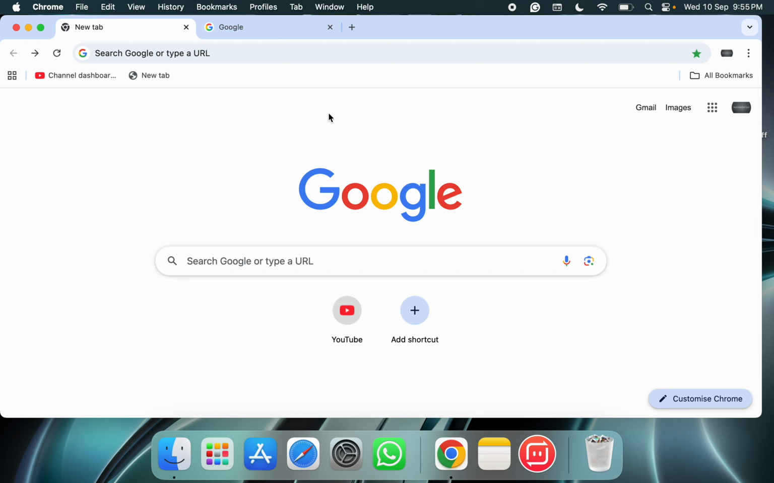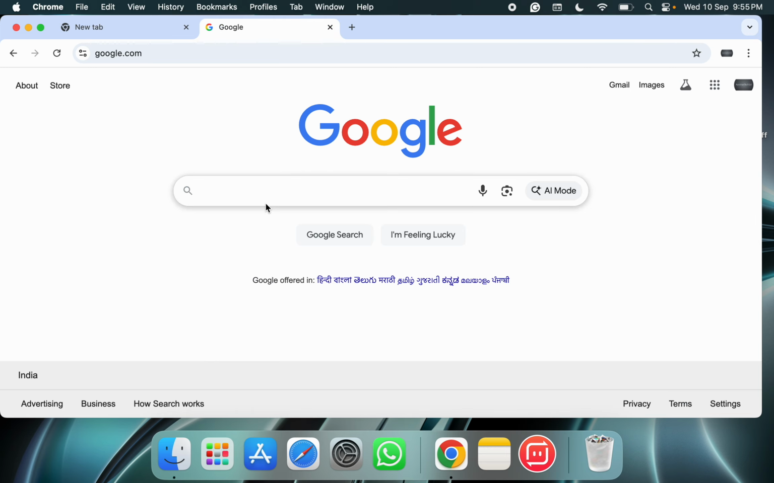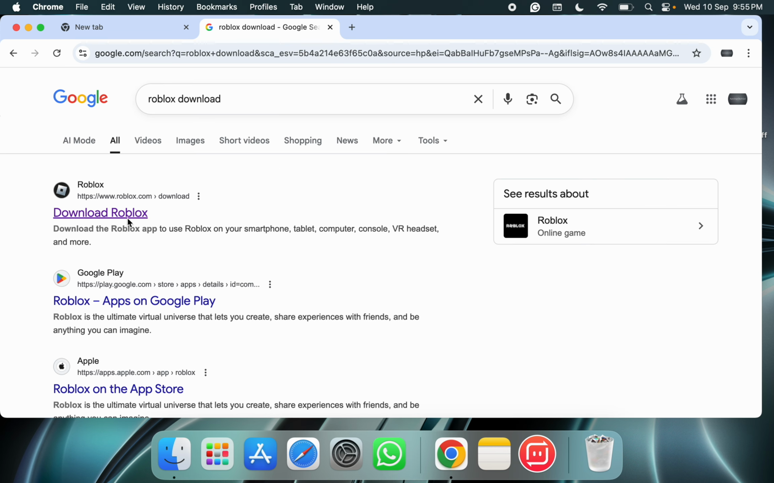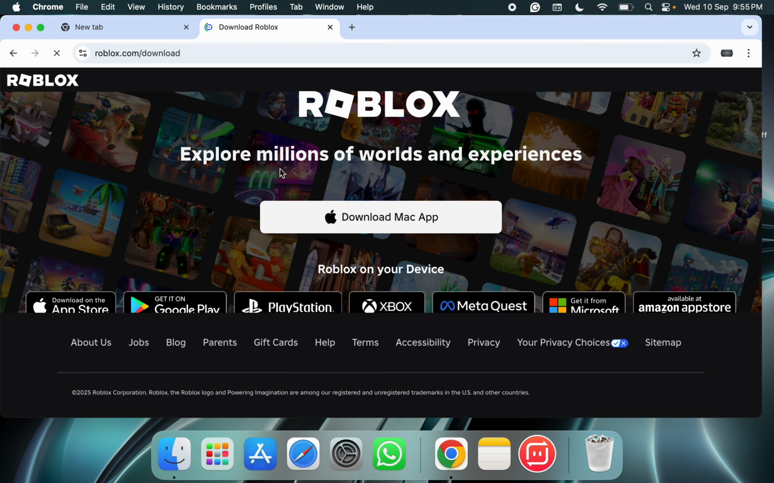Today in this video I'm going to show you how to download or install Roblox on your Mac. Now for this you can go to Google search, you can type in Roblox download, and then you can go to the official Roblox website, and here you can see download Mac app. So click on it,